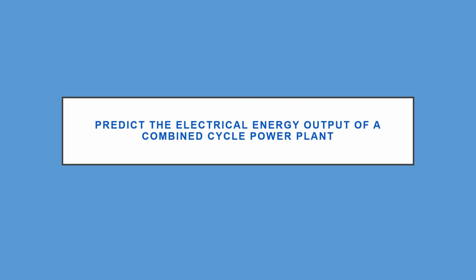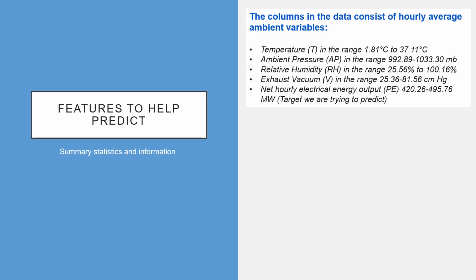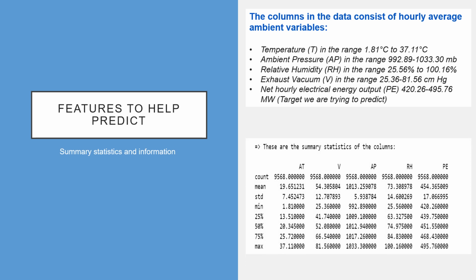Predict the electrical energy output of a combined cycle power plant. So to help us predict the energy output, there are four features that we have used: the temperature, ambient pressure, relative humidity, exhaust vacuum. And before getting into the modeling phase, we have run some exploratory analysis on these variables,